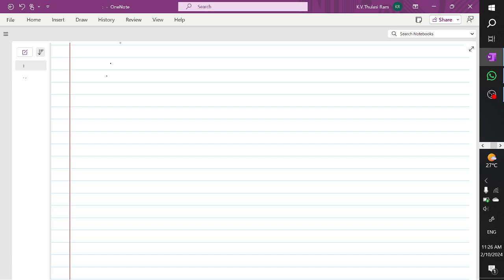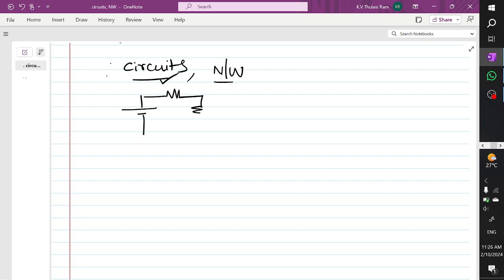Some few basics from our electrical circuits. So coming to the concept, what is meant by an electrical circuit? I think you know better. And what is meant by an electrical network? You know better. For example, if you have a voltage source and you have a combination with a resistor like